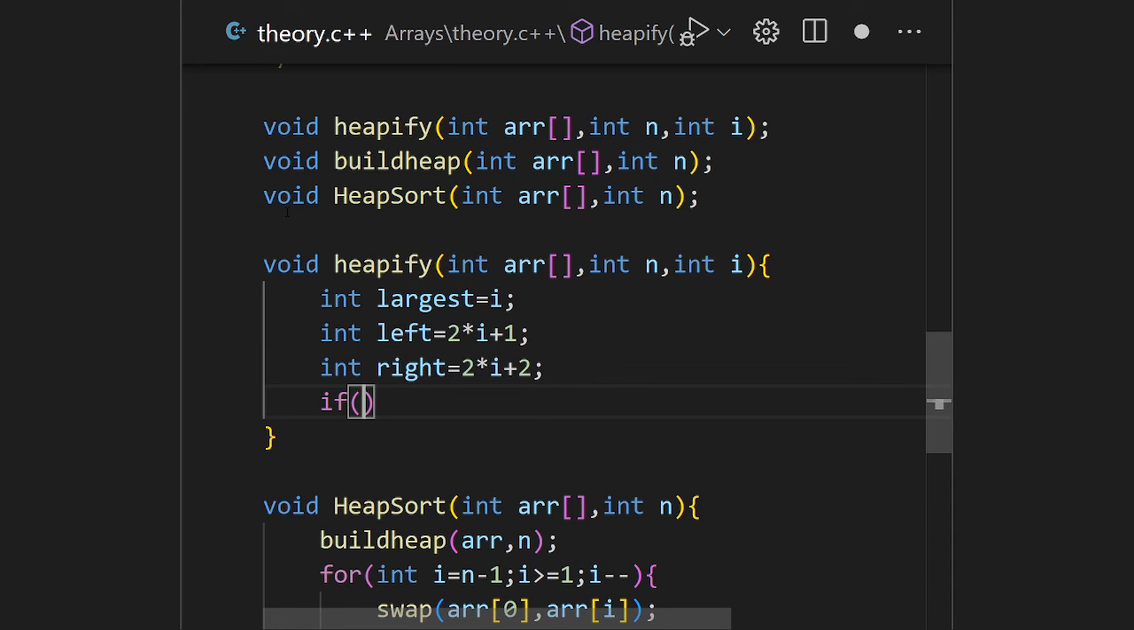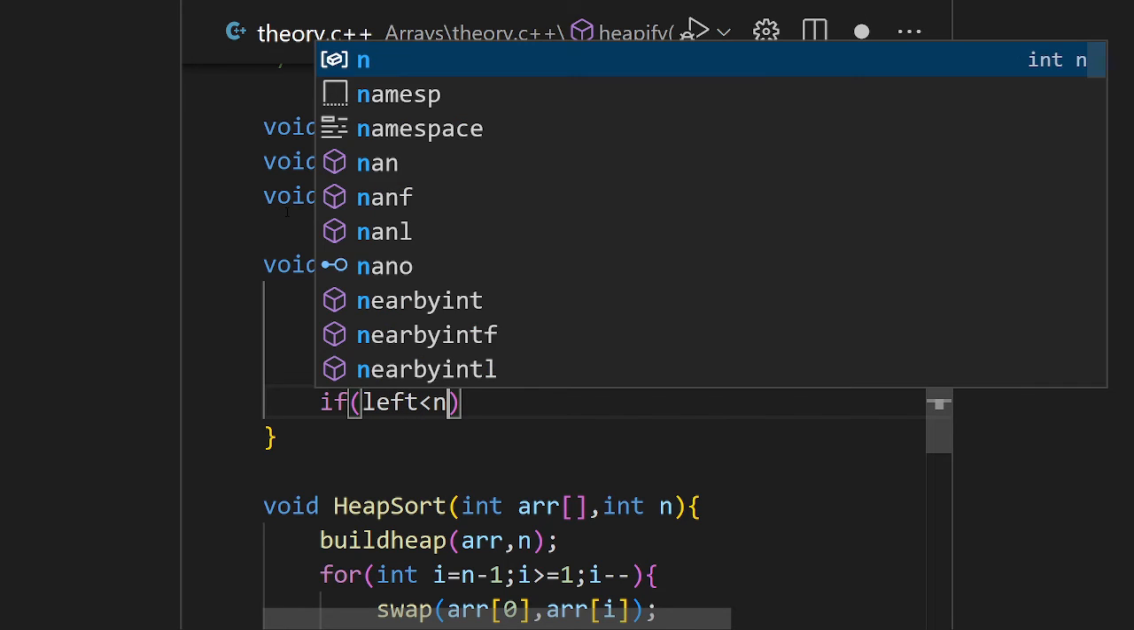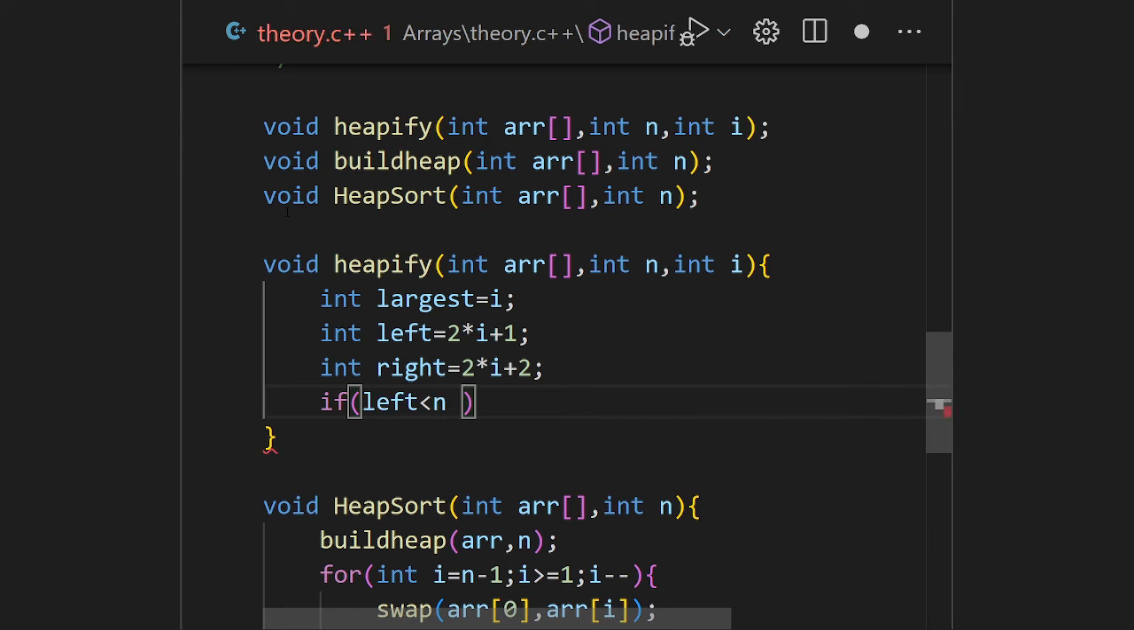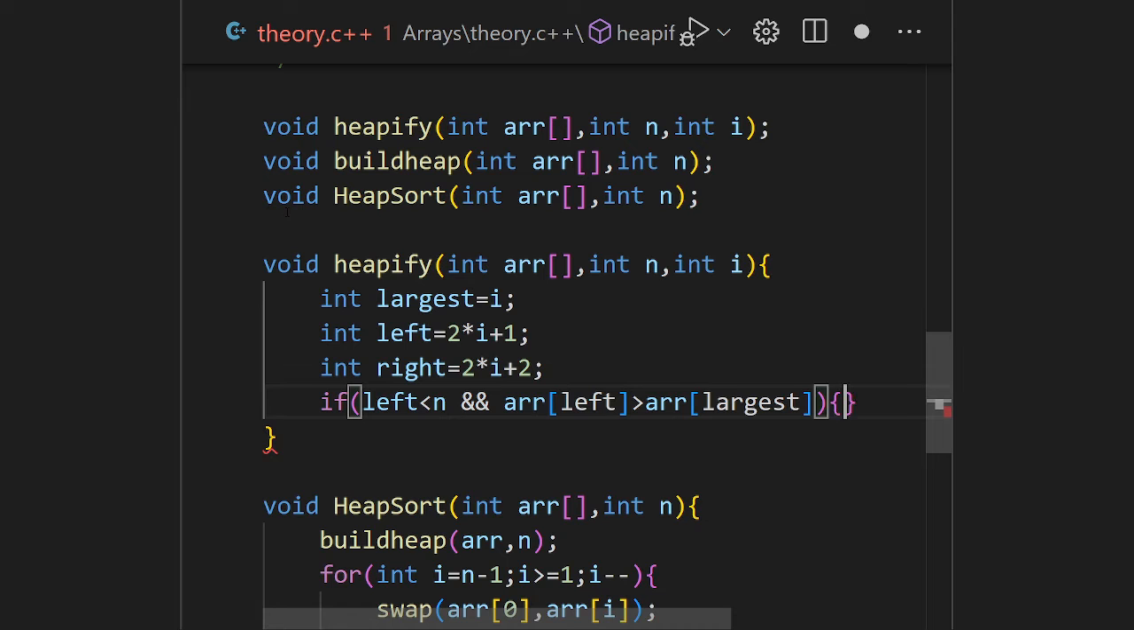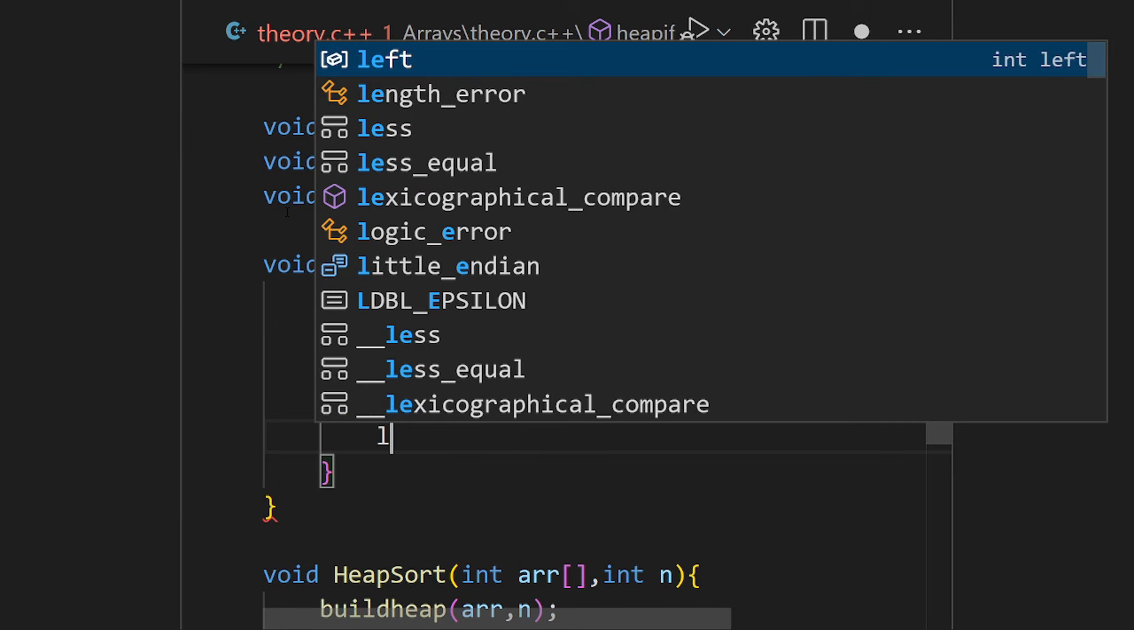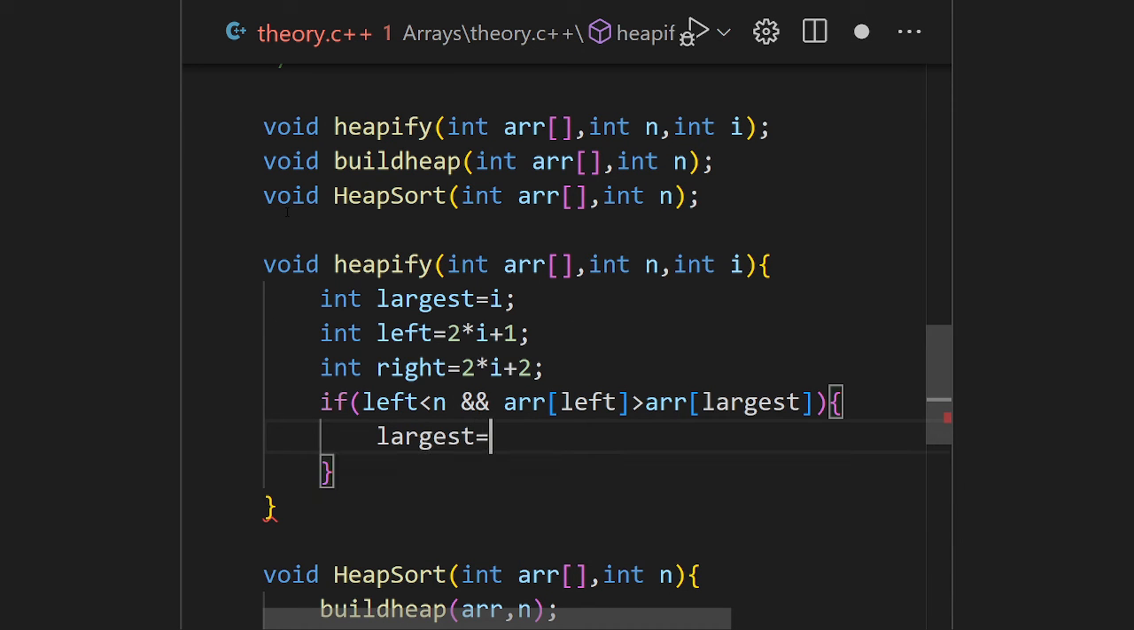So we have to use an if condition. If left is less than n and array of left is greater than array of largest, then largest is equal to left. In this case, what we actually do is first check that whatever the index of the left child and right child we are getting, that should be less than the number of array elements,